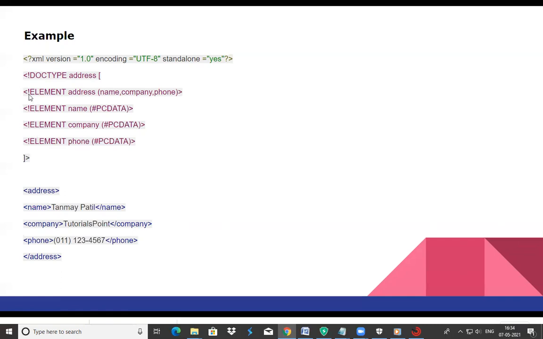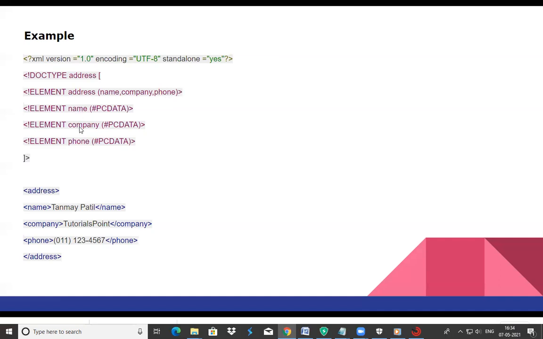Every element uses the keyword ELEMENT, and before that the exclamation mark is compulsory. After that, write address, which is your root element, containing the child elements name, company, and phone, and then the end of that element.